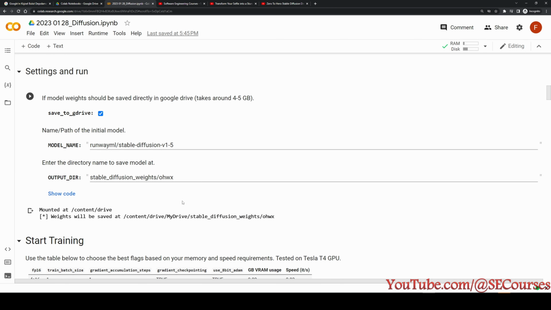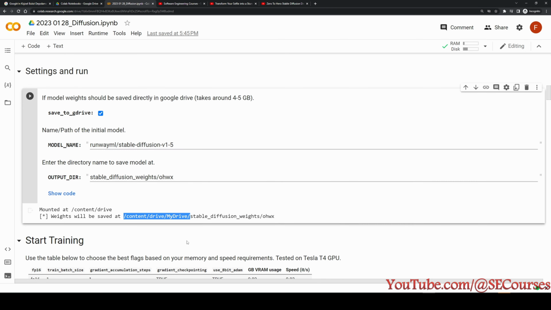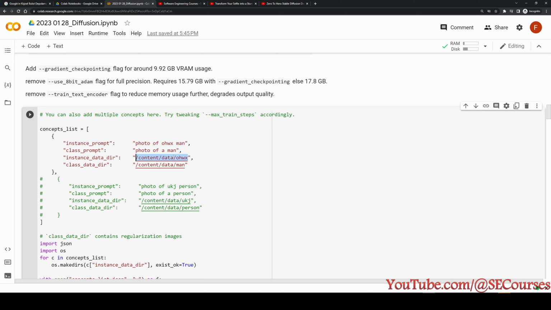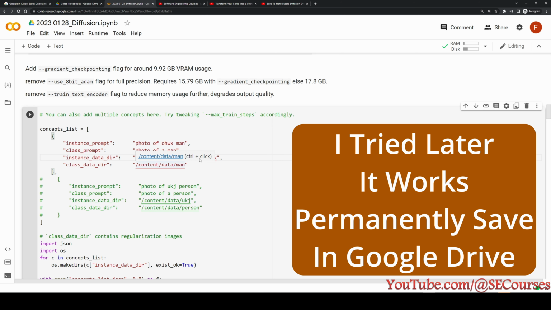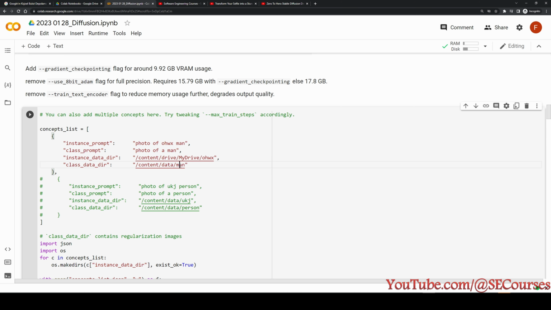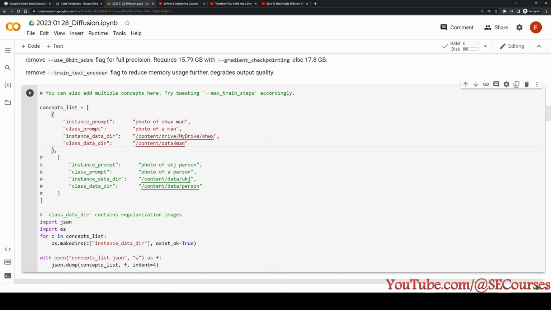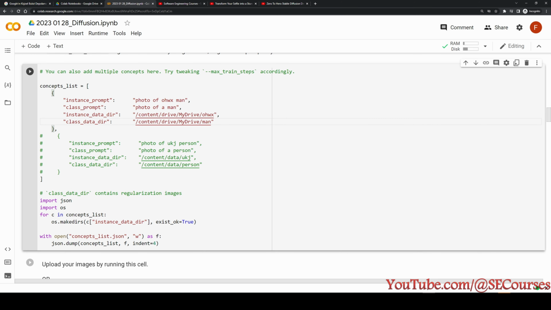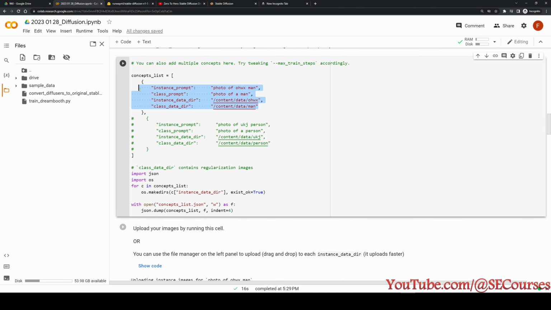If you want them to be saved in your Google Drive, then you should set them like this. I haven't tried, but it should work actually. And the class data directory, this is the directory where the classification images will be saved. So you can also change this like this, and it should be saved in your Google Drive, and it should be permanent. So this is the setting for training your face.